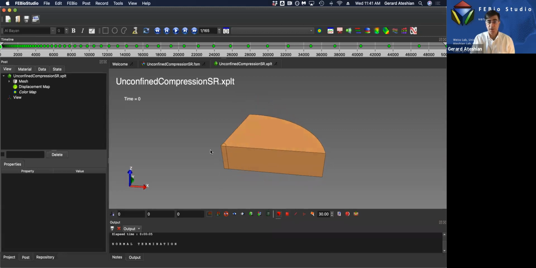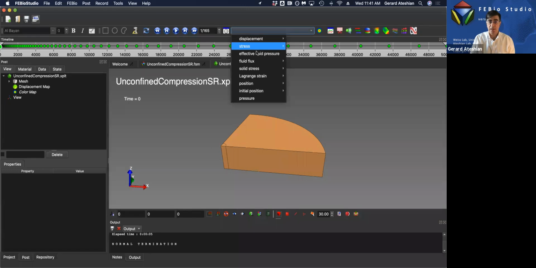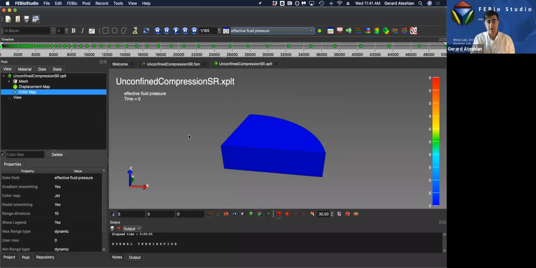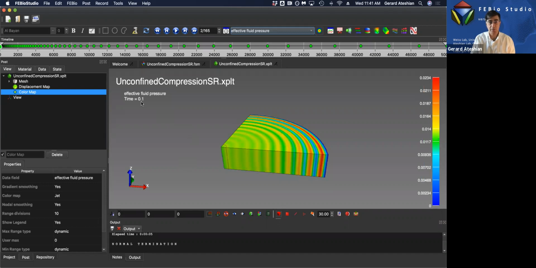So the first thing I'm going to plot is the effective fluid pressure, because after all, this is a biphasic analysis, and so we care about the fluid pressure probably more than anything else, in terms of if I were to compare this to a simple elasticity analysis. So time is 0. I'm going to just look at the fluid pressure immediately at the first time increment, which happens to be at time 0.1 second, and I'm very disappointed. I see that the fluid pressure is oscillating, and this is a really frustrating thing. So I'm going to show you in a moment what that fluctuation is, but let me click on a few